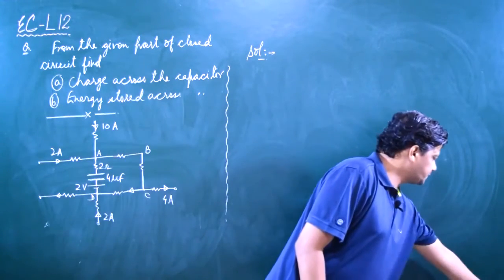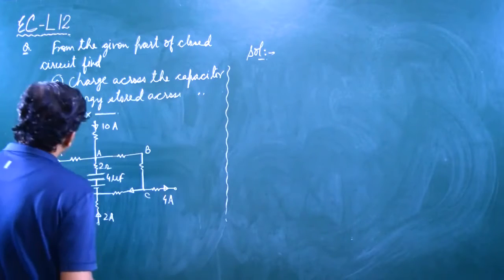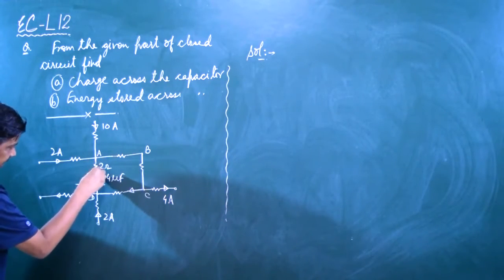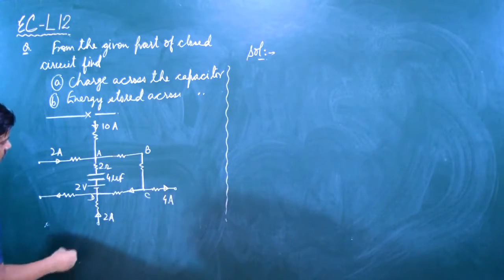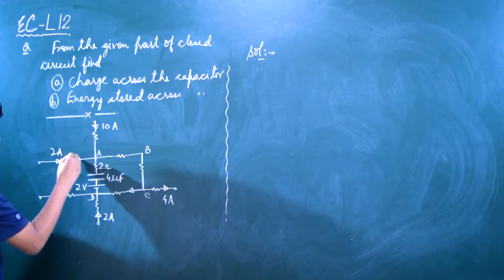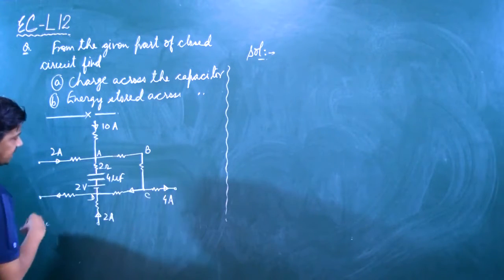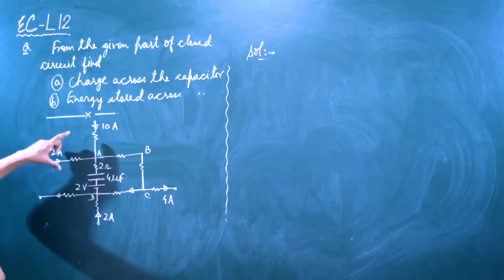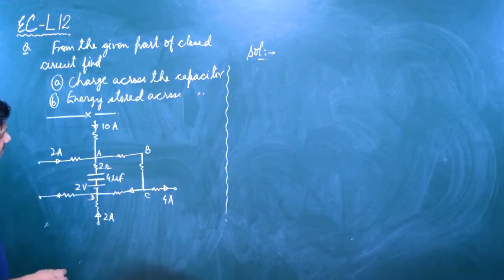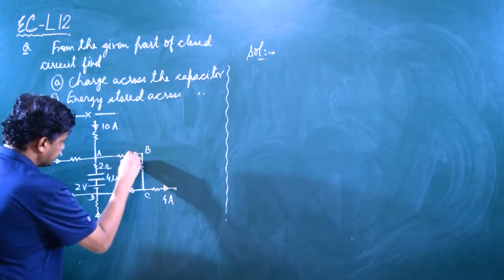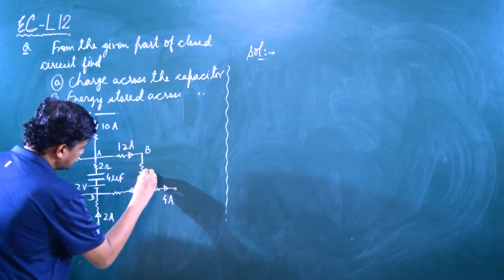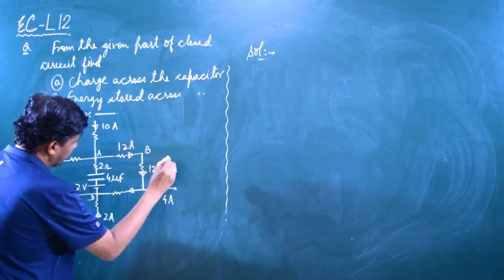So firstly use Kirchhoff's junction law wherever it is possible. So say in steady state current in the capacitor arm is 0. So no current is flowing here. Here current coming to the circuit is 10 ampere and here current is 2 ampere. Using Kirchhoff's junction law, the total current 10 plus 2 ampere, 12 ampere will be flowing through this arm. So in this arm current here is 12 ampere, here also current is 12 ampere.